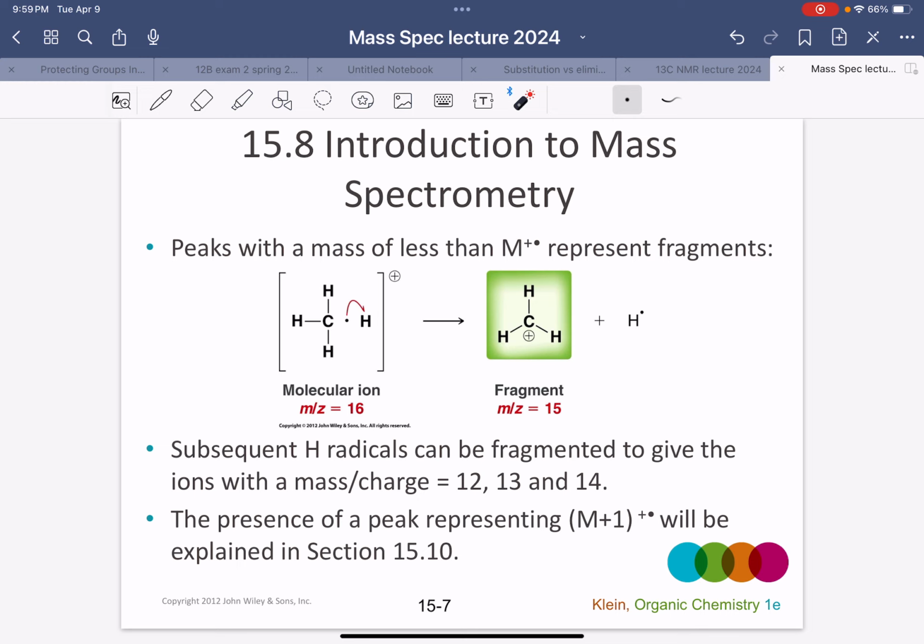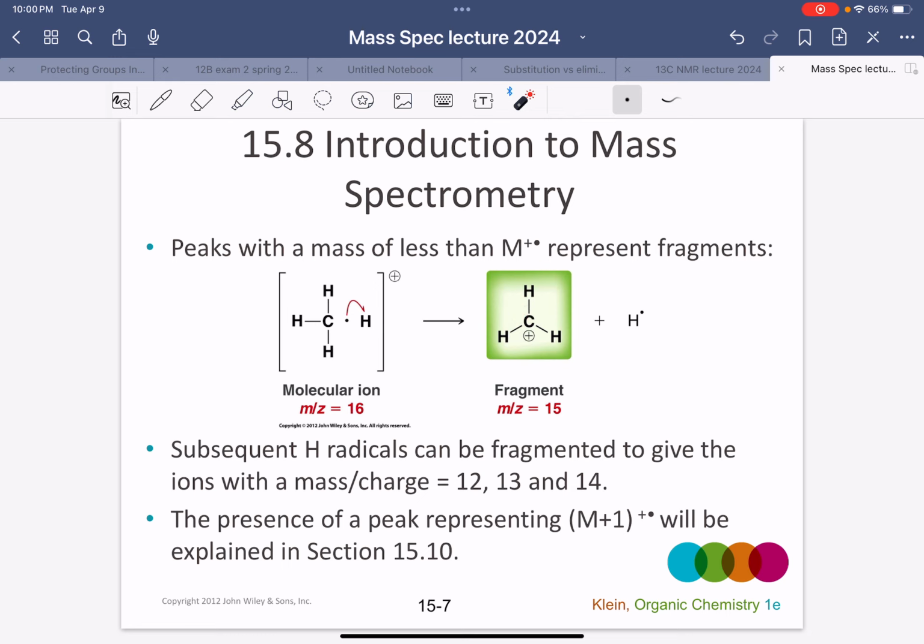Now, if we have peaks with a mass of less than M plus, those are from fragmentation. So our molecular ion has a mass to charge ratio of 16. But this could fall apart. Obviously, we lost an electron already to make the molecular ion. So now this CH bond isn't really a full bond, it just has one electron. So we could lose a hydrogen atom and get a